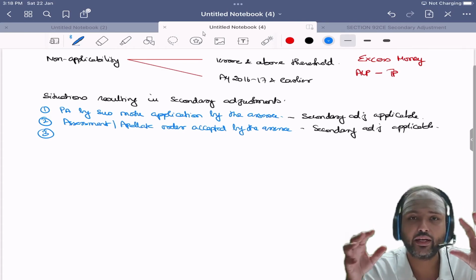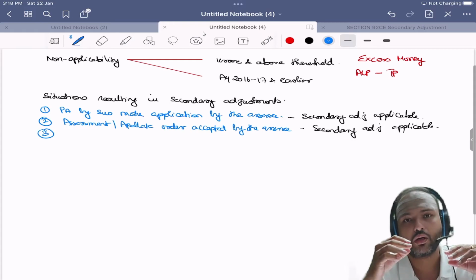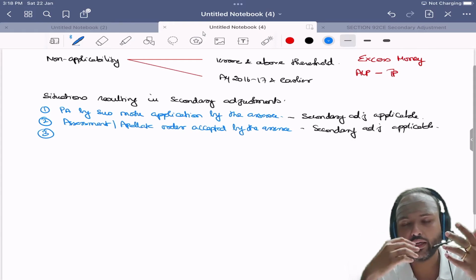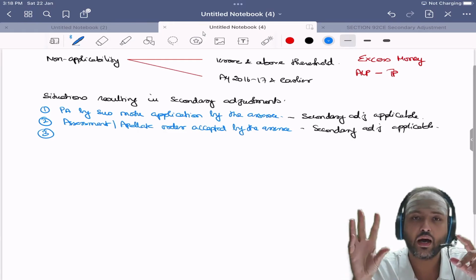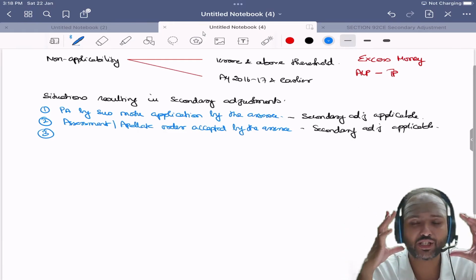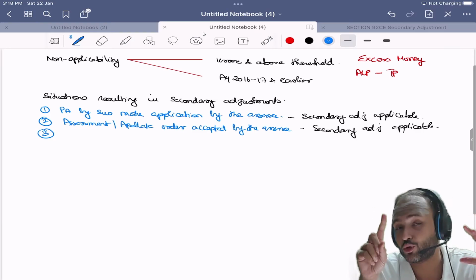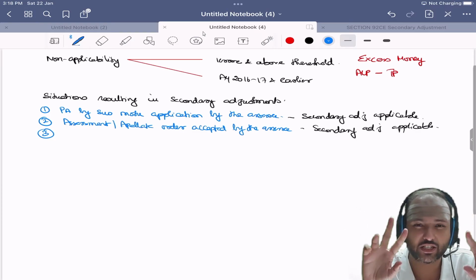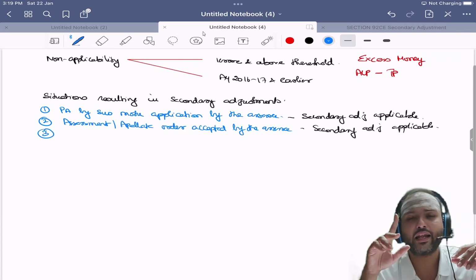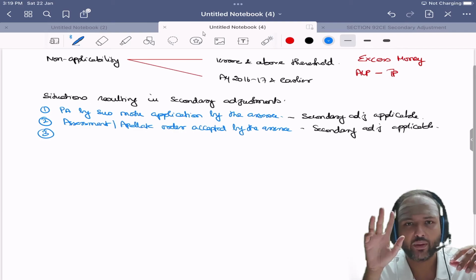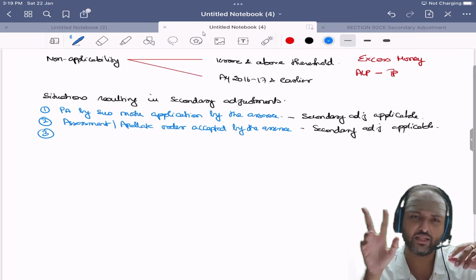AIPL sets up an entity in, let us say, Singapore. Now the income transactions between India and Singapore are protected by what is called a double tax avoidance agreement between India and Singapore, so that no income gets taxed twice. Now, there are 10 incomes in this agreement. Okay, this agreement is generally between two countries, not companies. It is between two countries.